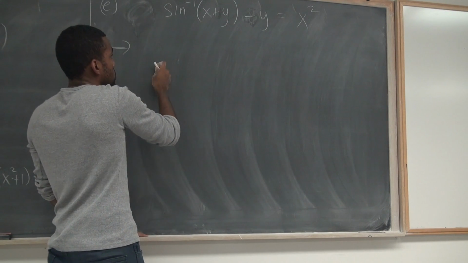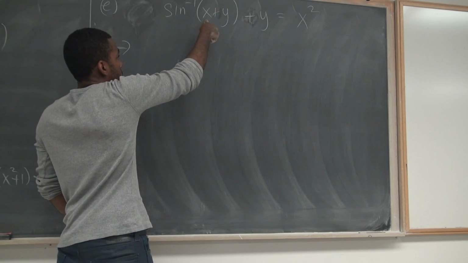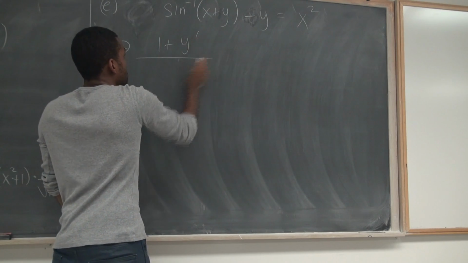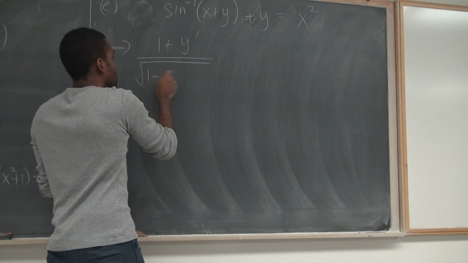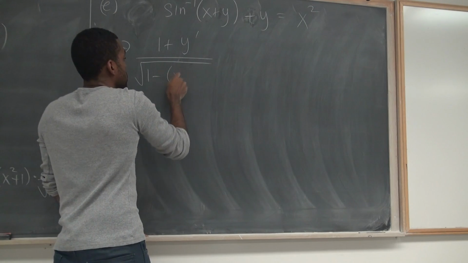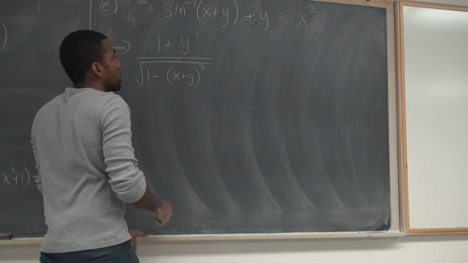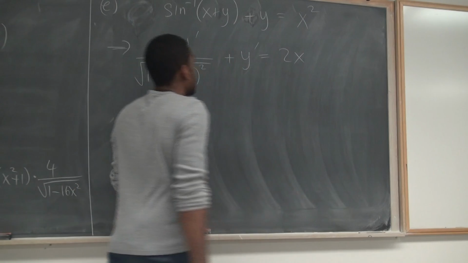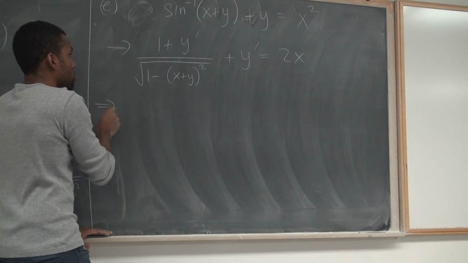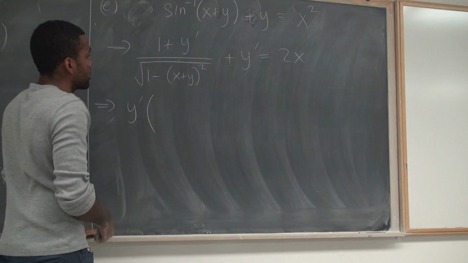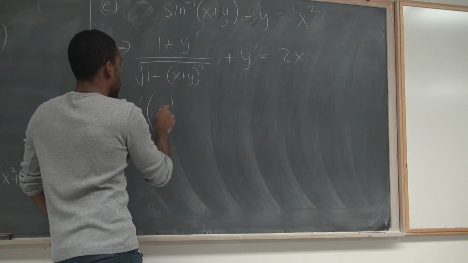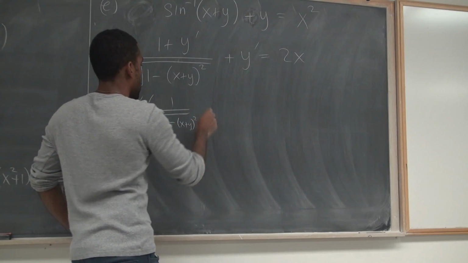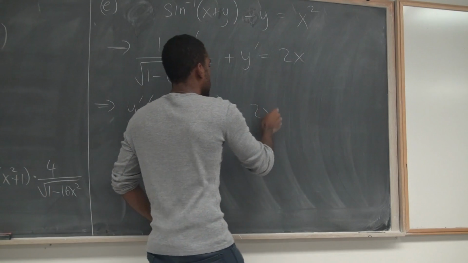X plus 1. The derivative of the inside, the derivative of x is 1, the derivative of this is y prime divided by the radical of 1 minus x plus y squared, plus y prime equals 2x. And now you just solve for y prime. So this would mean your y prime, I could factor this out of 1 over the radical of 1 minus x plus y squared plus 1. On this side I'll have 2x minus